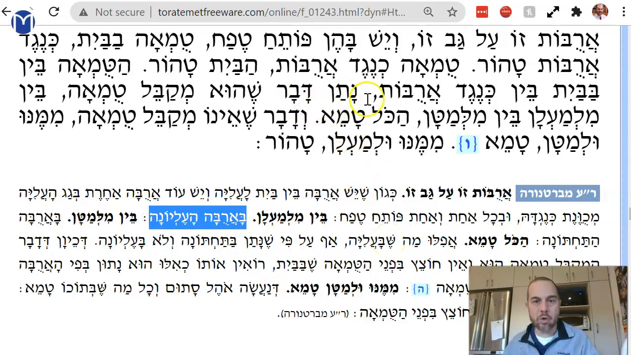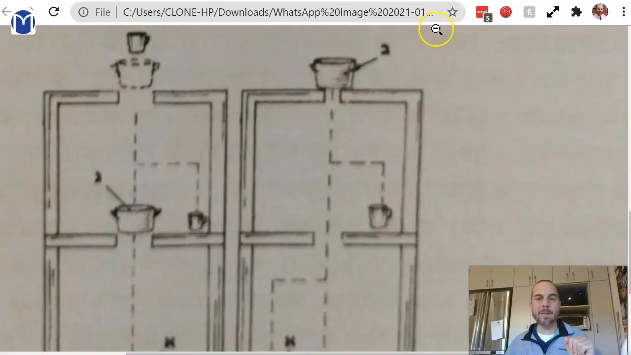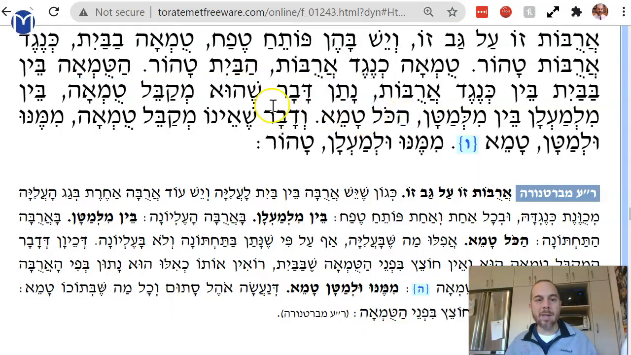Remember, we're talking about davarshu mekabel tumah. So if you take this kli and you put it, whether you put it on the top skylight, let's look at the picture again, or the bottom skylight. This is what the Bartenura says. Whether you put it here or whether you put it here, the Bartenura says, what does the Mishnah mean? Hakol tameh. Afilu misha'aliyah. Even in the upper skylight. So the